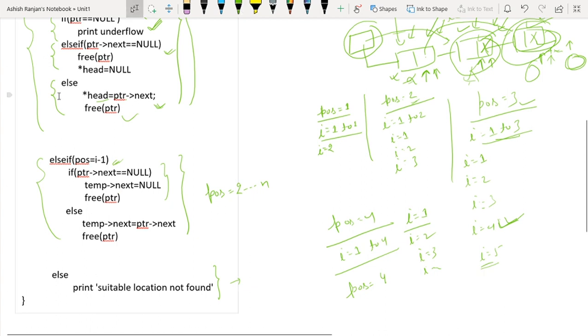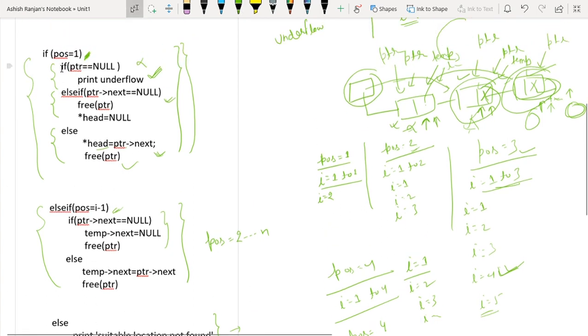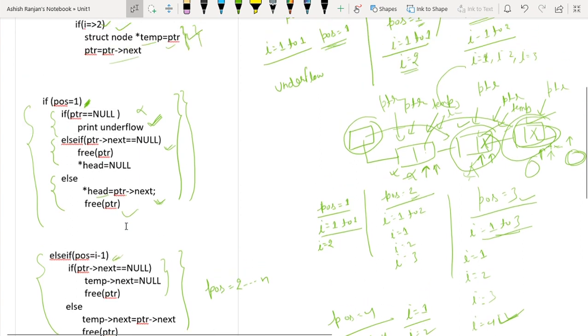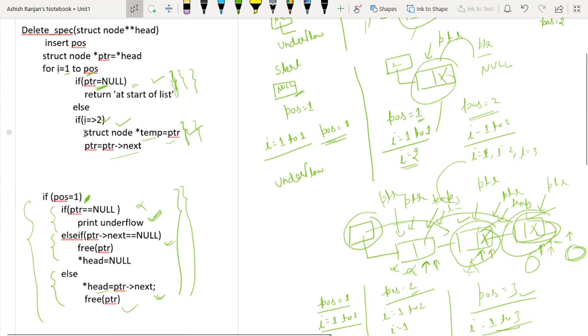So in this case we can see if PTR equals null, for I equals pos, I will become 5 obviously.